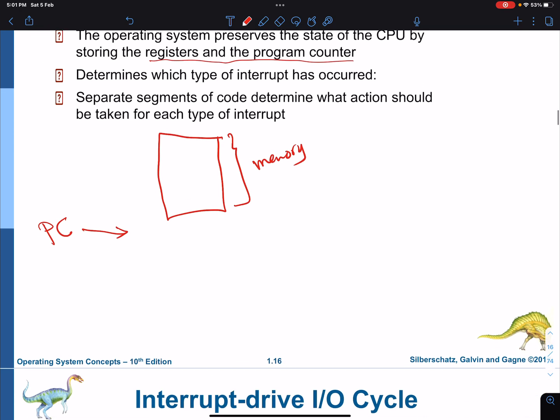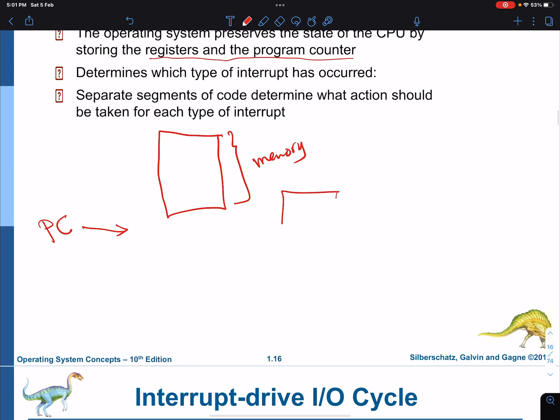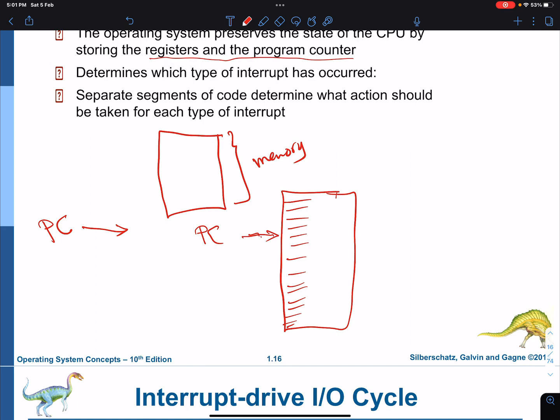What does the program counter do? If you have code like this, let's assume this is the program. Here are the lines. The program counter, PC, points at the statement to be executed. And the results of previous executions are in memory and registers, right?